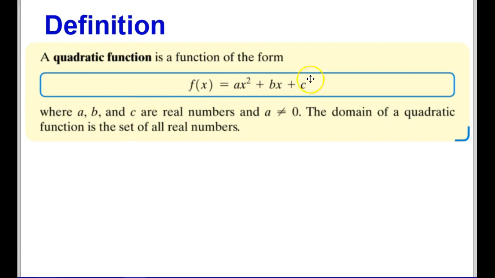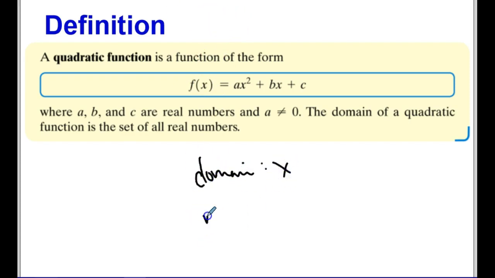Okay, so here's our standard form of a quadratic function. So I have f of x equals ax squared plus bx plus c. So a cannot equal 0, so I know this is a quadratic because I have that exponent of 2 right there. Okay, so when I'm dealing with a domain, and remember that domain is my x values, and